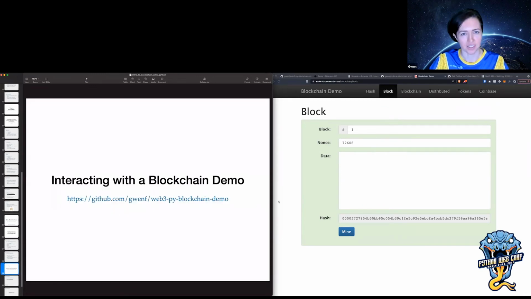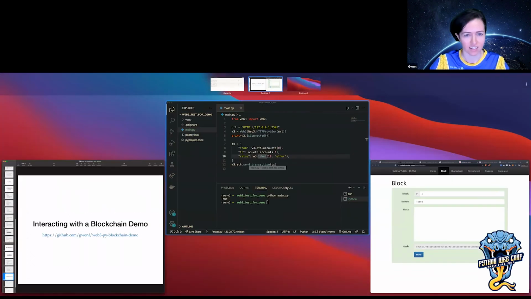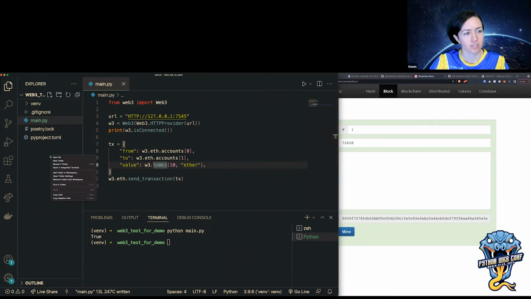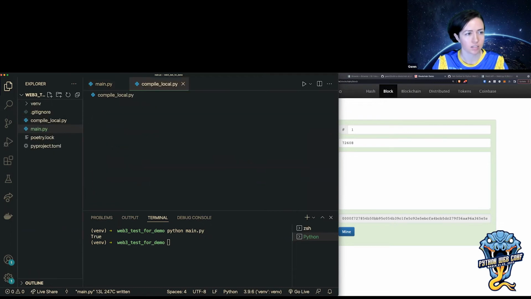Yeah, so back to Web3. So we talked about transactions, and now I want to talk about compiling. So I'm just going to compile locally.